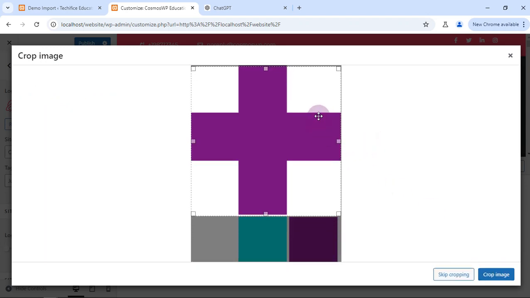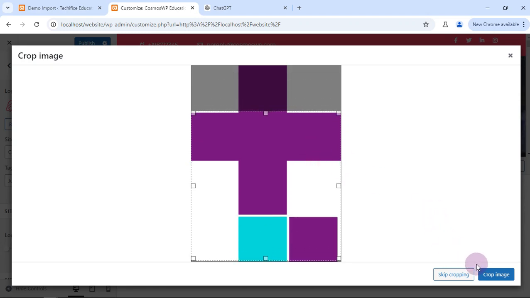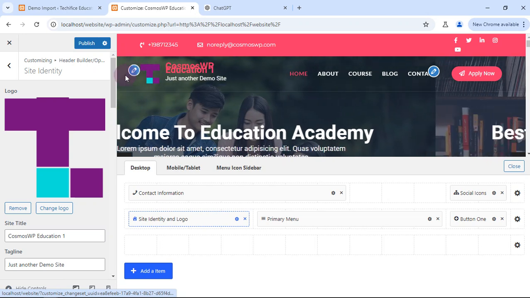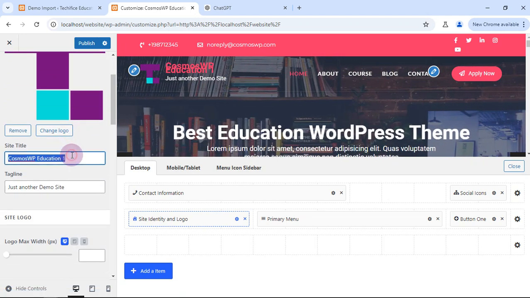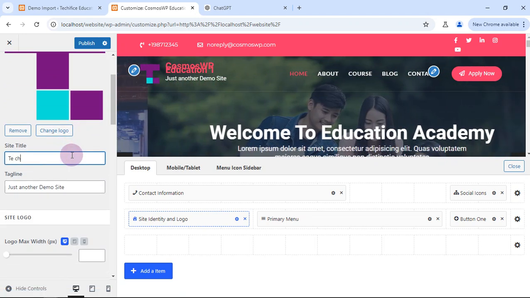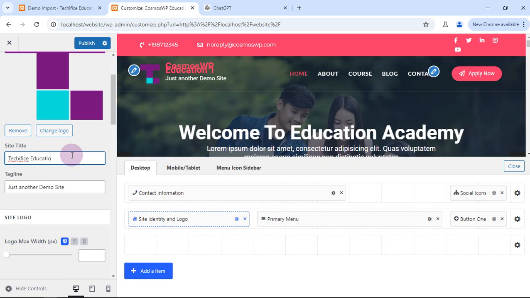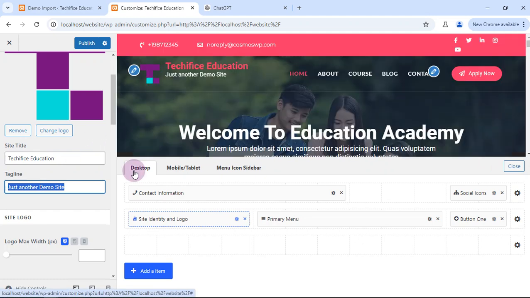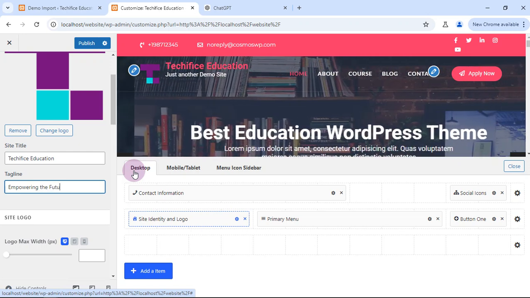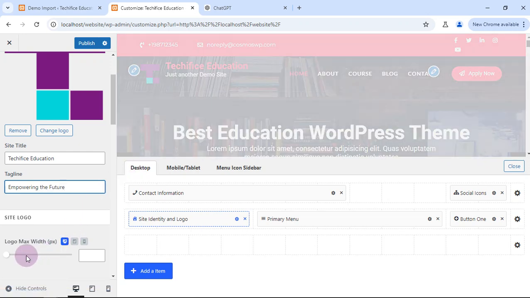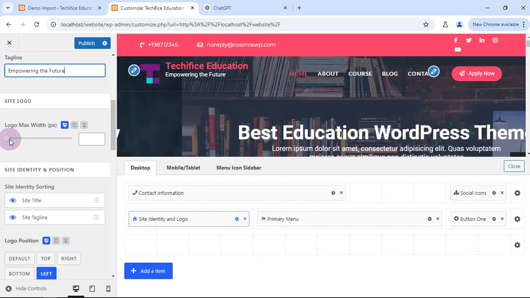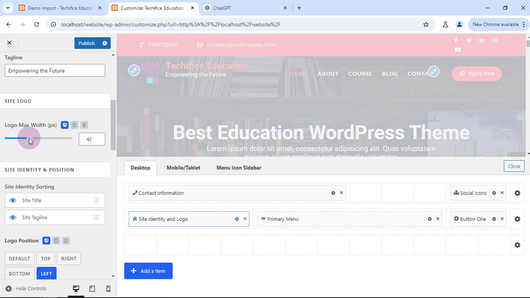And then it's asking us to crop the image. I'll just crop like this. So this picture is here now, and I can change the site title to education, and the site tagline, which is just another demo site, I can change to empowering the future. And then the size of the logo, I can decrease or increase it, but I think the logo is really okay like this. Increasing it will cause more problems,